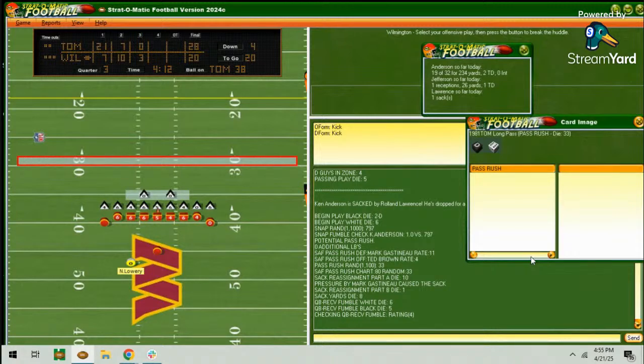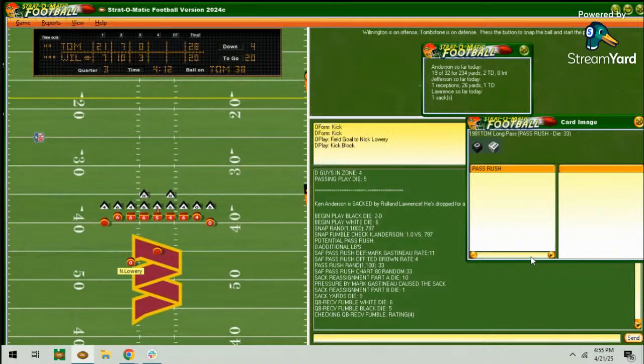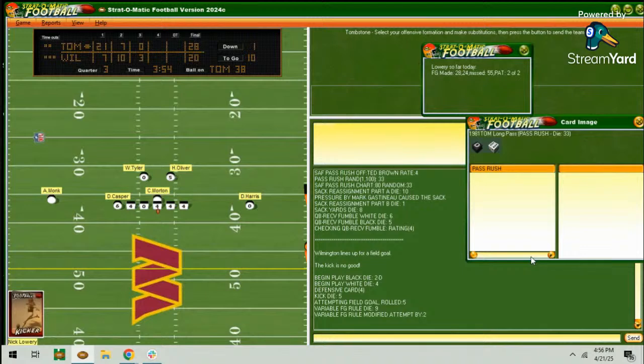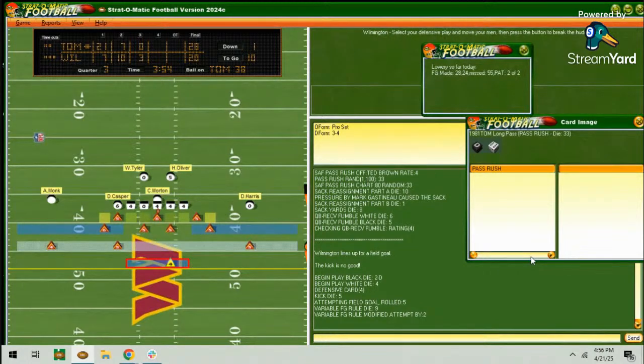It's actually Mark Gastineau who forced the sack. Gastineau, a 12*12. And here's Lowry trying from 55. And that's going to come up short. And Tombstone, big sack there to knock Lowry out of field goal range. Looked like he rolled a 5, so Lowry would have nailed that from the 40-yard range, but from 55, doesn't quite get there. So Tombstone, 28-20 lead,